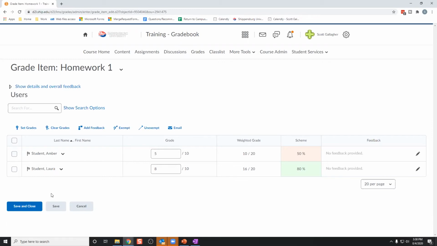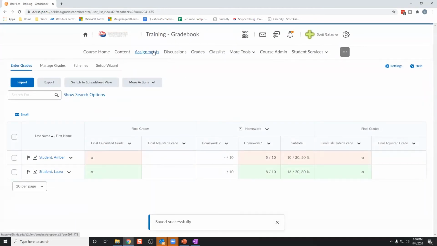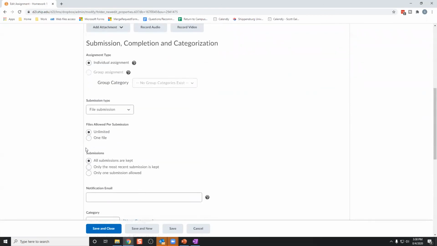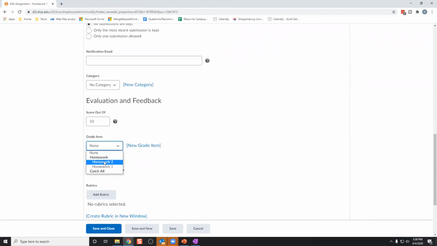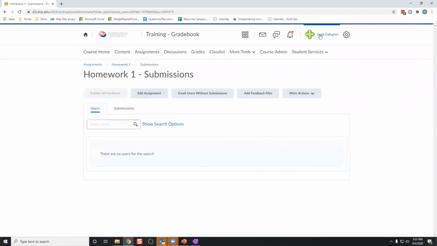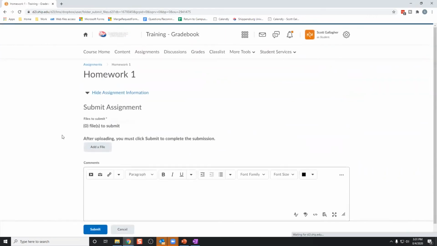And what do I mean by that? Well, if we save and close here, and I go back to that assignment that we were working with earlier, and I click on edit assignment and reset the association for this assignment to be, say, homework 2, and hit save and close. As a student, they would come into this class, go to homework 1, and submit to homework 1 by adding a file here. Once that file is added,